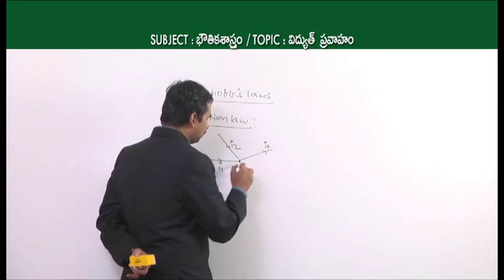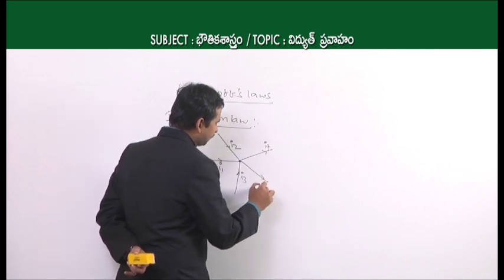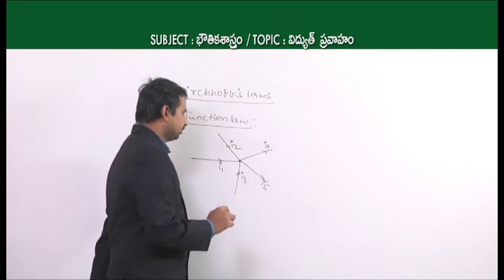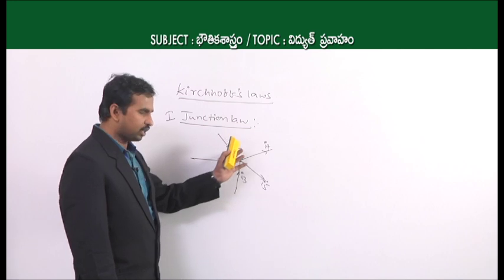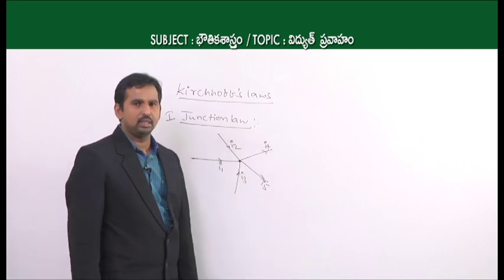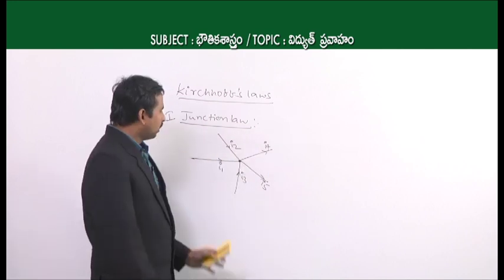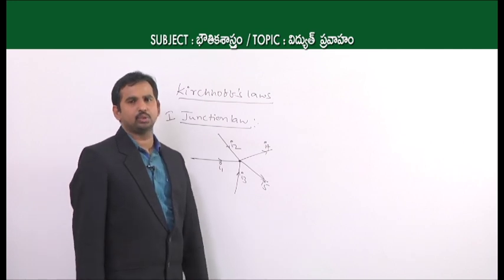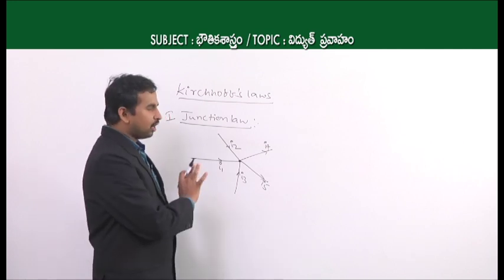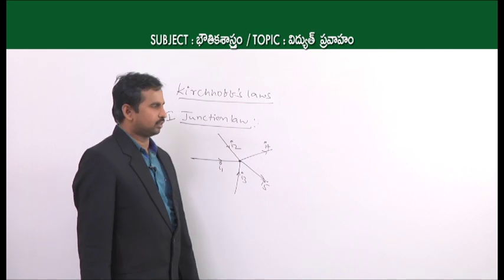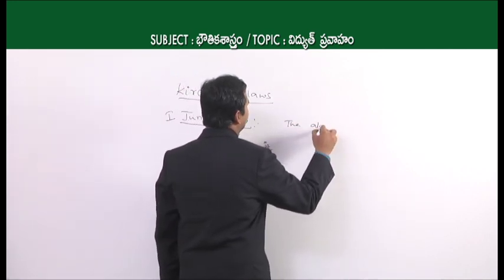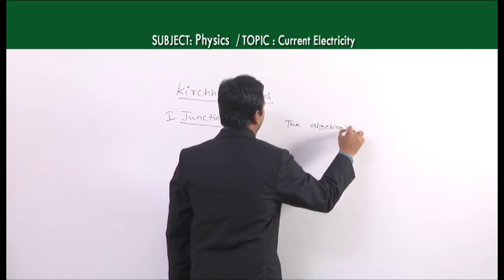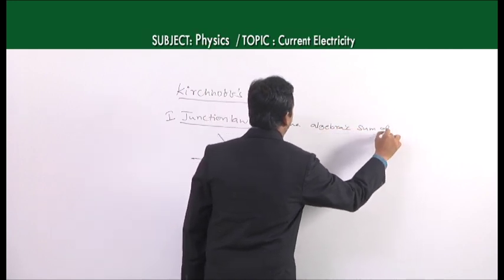If these three are coming inside, and they go out in two different directions, let this be I4 and this be I5. So at this junction point, 3 currents are incoming and 2 currents are going outside. Then according to the junction law, Kirchhoff's first law, see the statement: the algebraic sum of the currents